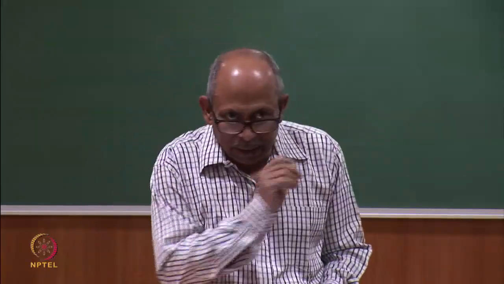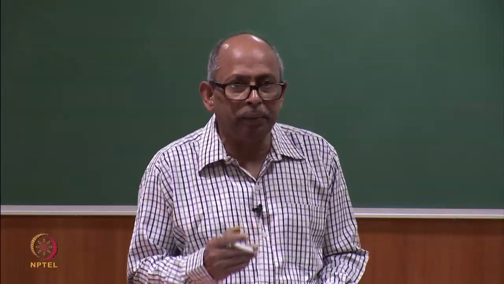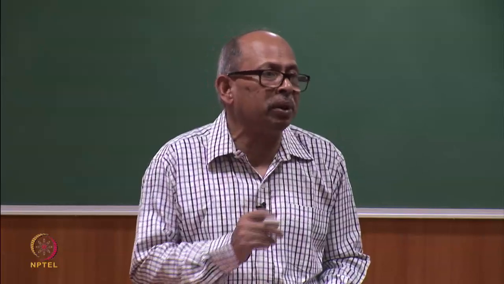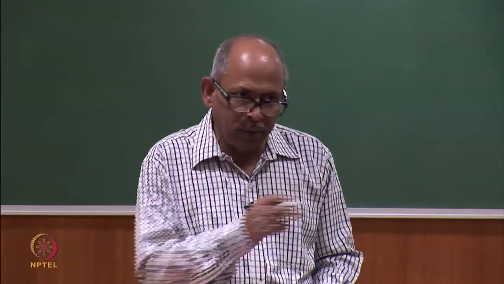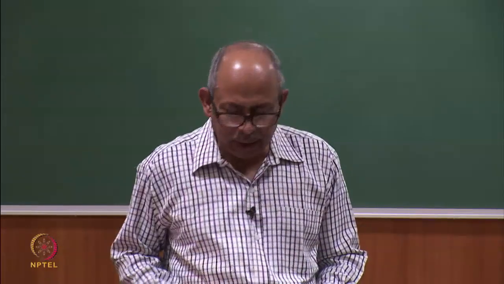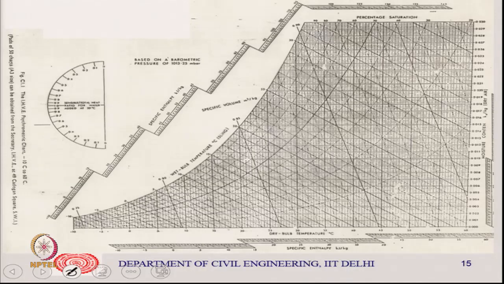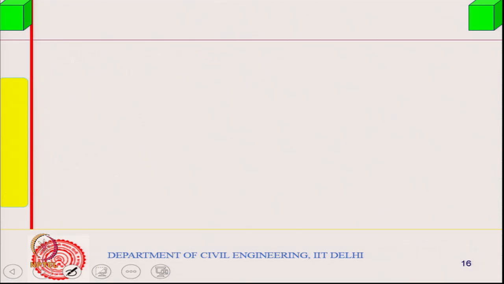The only thing you have to find out is, at 100% for the dry bulb temperature, what is the saturation. So, using this equation you can find out the relative humidity value rather than going to the psychrometric chart. You can try this out. The psychrometric chart is also here anyway.